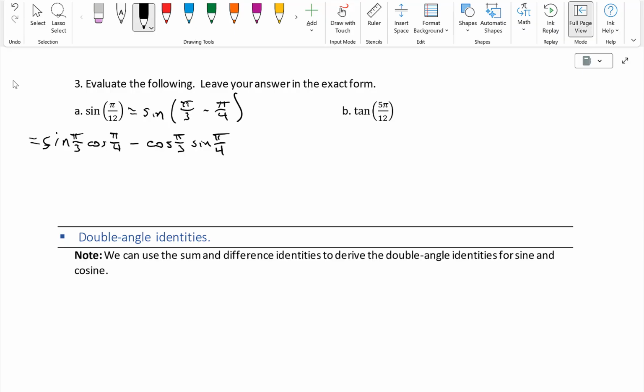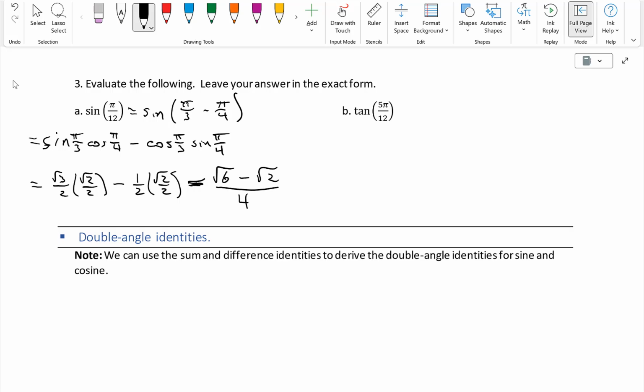And then we can take our unit circle values. Sine of pi over 3 is root 3 over 2. Pi over 4 is root 2 over 2 for both. We're in the first quadrant, so everything's positive. Minus cosine pi over 3 is then the 1/2, and pi over 4 is our root 2 over 2. So when we multiply those out, we can see both will be over 4. So I can save some space in a step here. Root 3 times root 2 would give me a square root of 6, minus the square root of 2